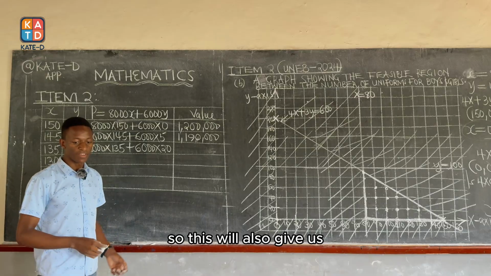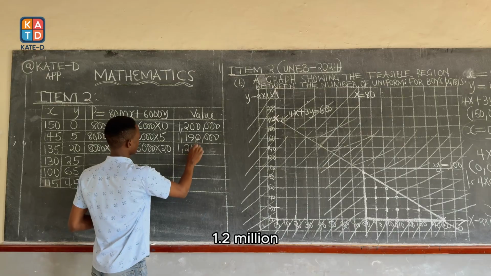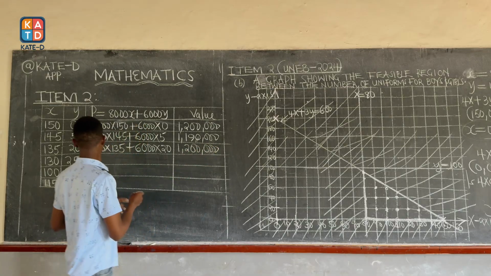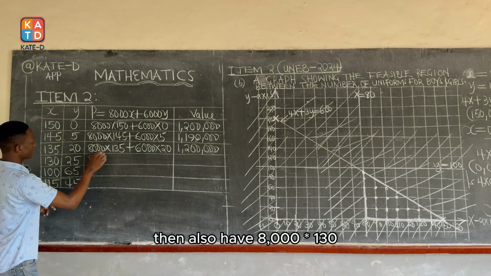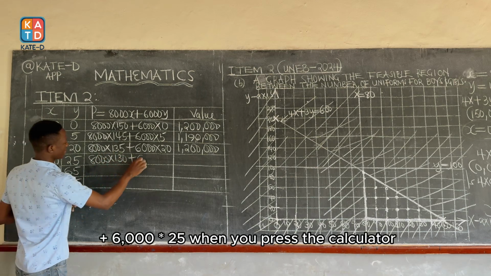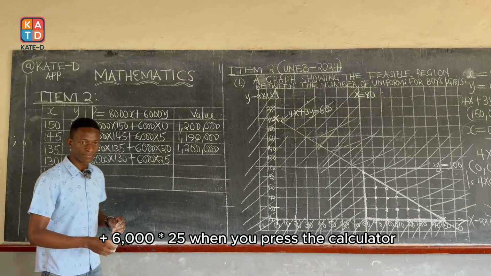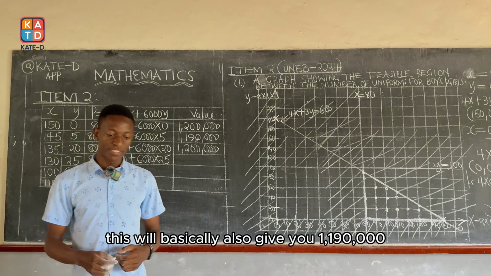So this will also give us 1.2 million. Then we also have 8,000 times 130 plus 6,000 times 25. When you press the calculator, this will basically also give you